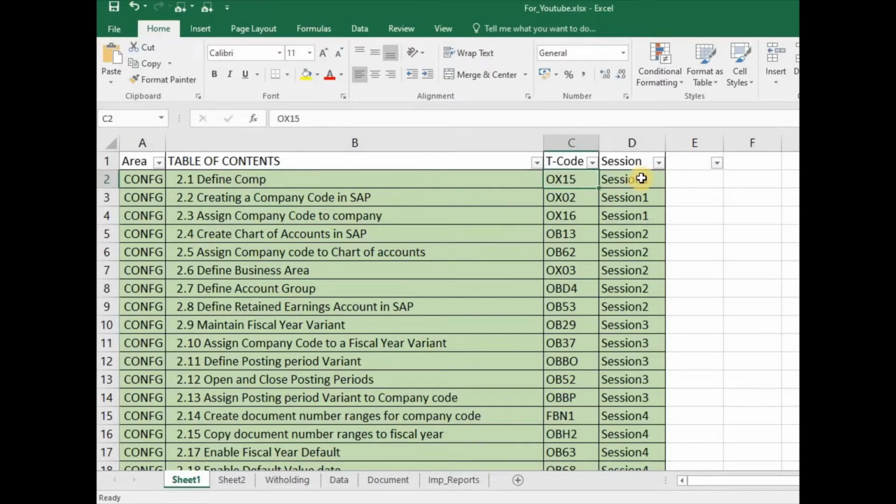So how do we start? We start with session 1, creation of company. Then session 2: define chart of accounts, assign company code, define business area if required, define account group, define retained earnings account. Then session 3 and session 4 are similar to my Hindi sessions. So let's start with